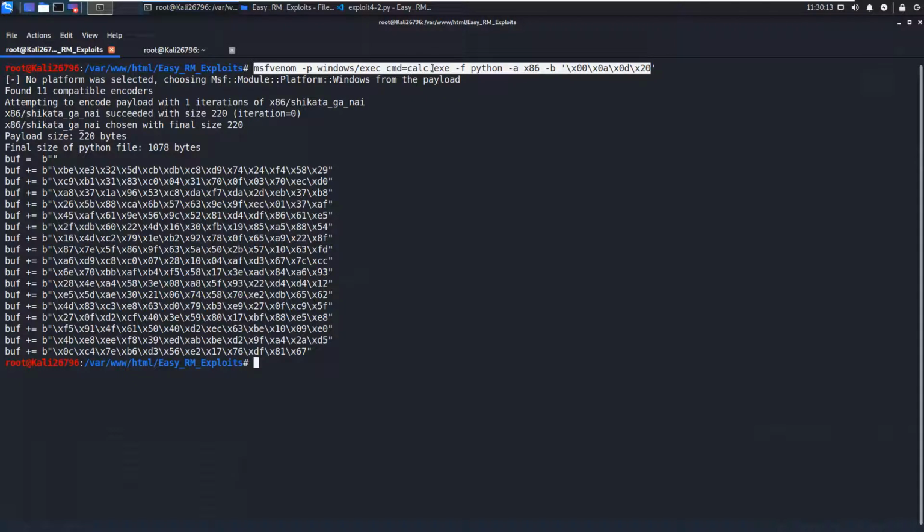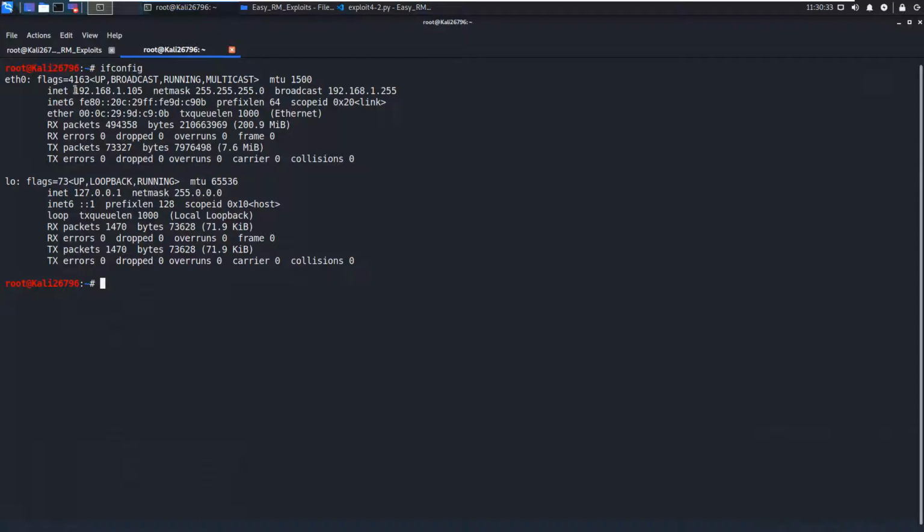The payload is calc.exe, -f as in the file format, which is Python since we are developing an exploit in Python, -a as for architecture, which is 32-bit, and -b is for some of the bad characters which may hamper the execution of our shellcode.